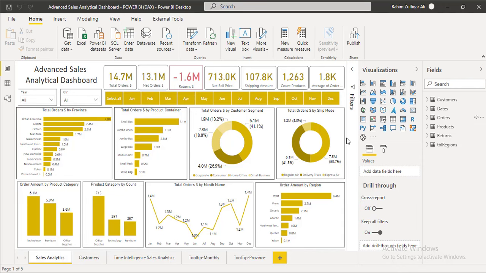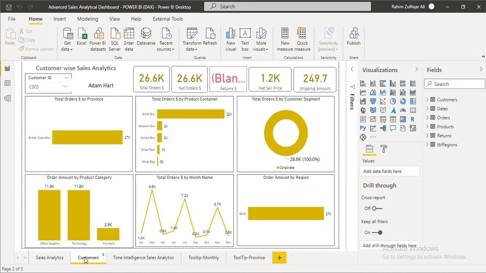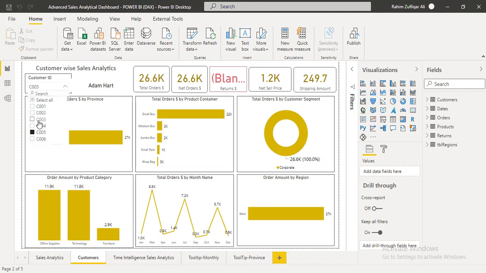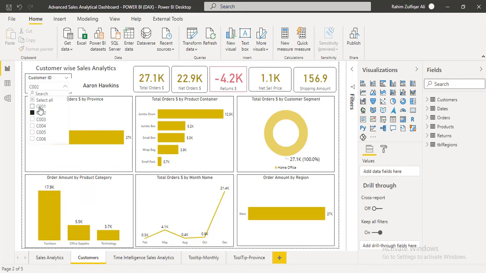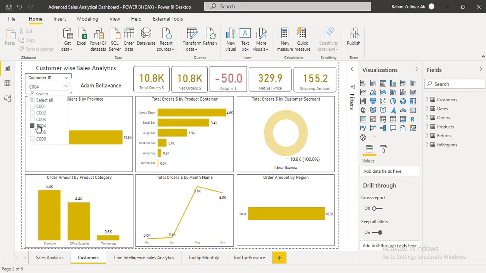In this particular advanced sales analytical dashboard, I have also created one more page for customer specific analytics. I can just open this slicer and filter any specific customer. I can see that customer's total orders, net orders, returns amount, net sale price, shipping price, which kind of product container he has used so far for the orders, and which product categories he prefers, right?